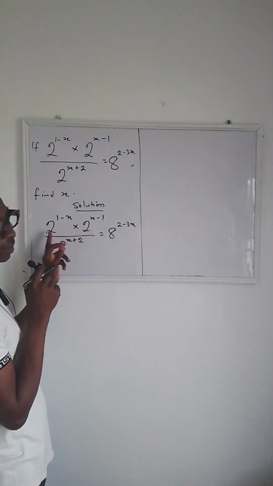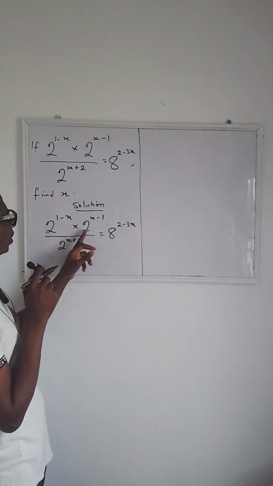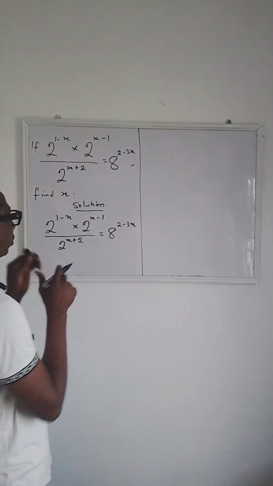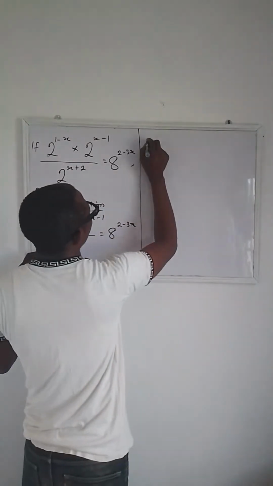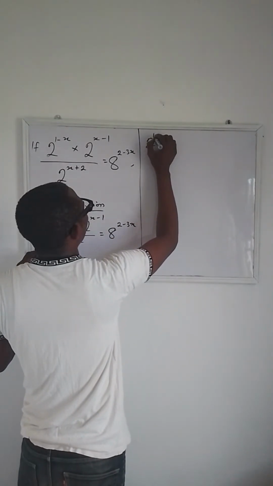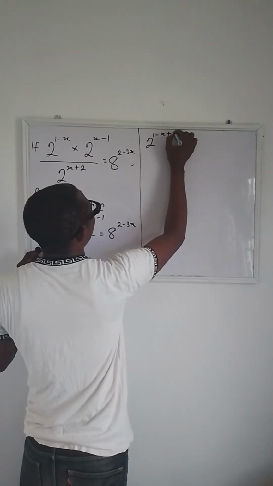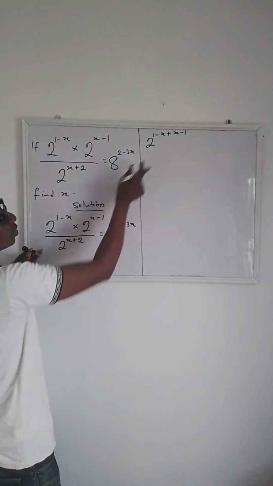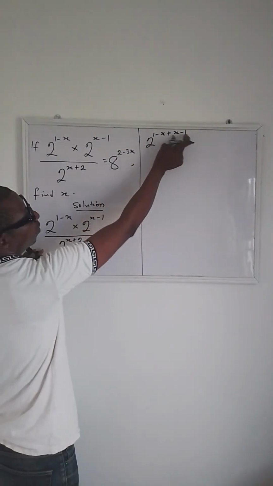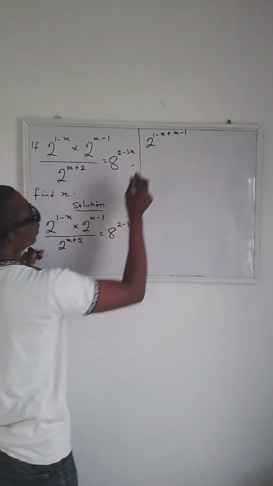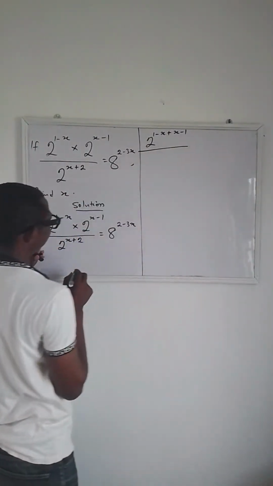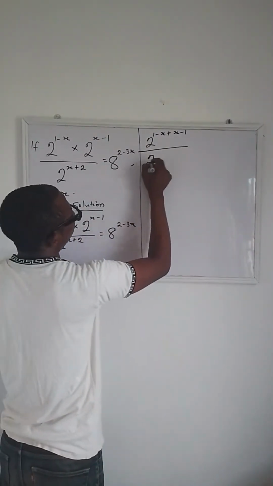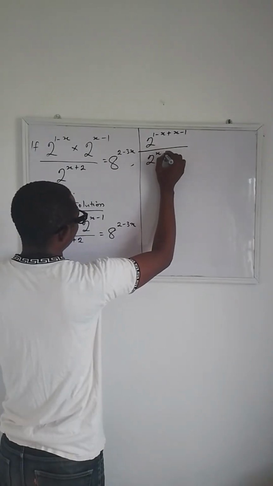Once you are multiplying and the base is the same, you add the powers together. So the numerator turns to 2 raised to the power of 1 minus x plus x minus 1. You add this and this together, the first term and the second one. Divided by 2 raised to the power of x plus 2